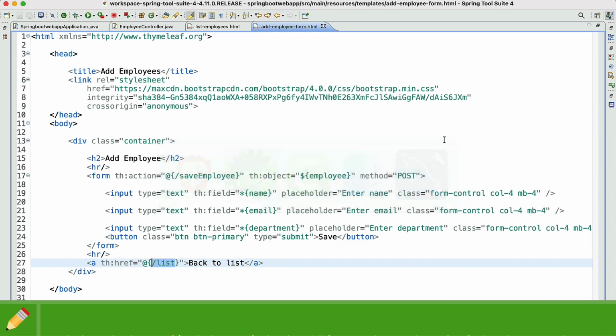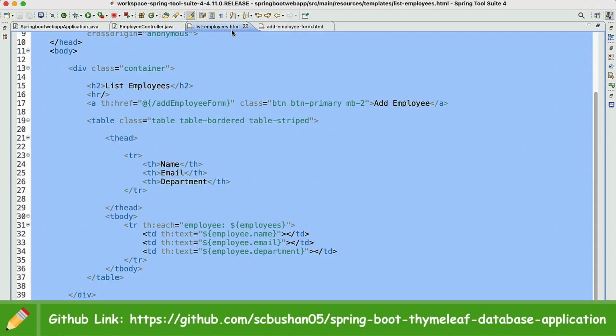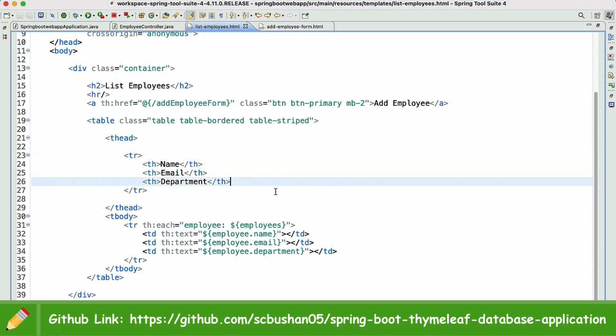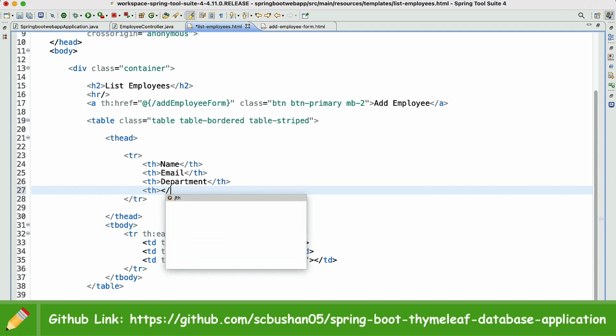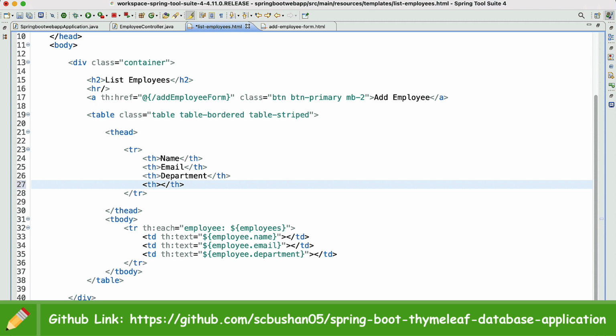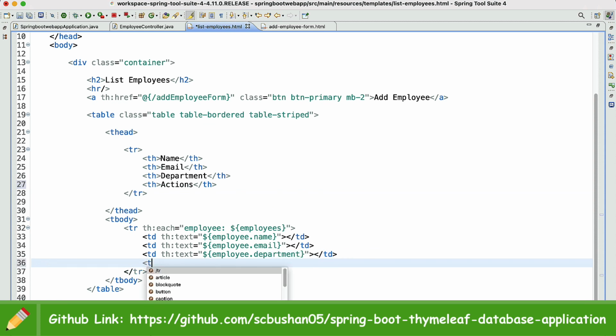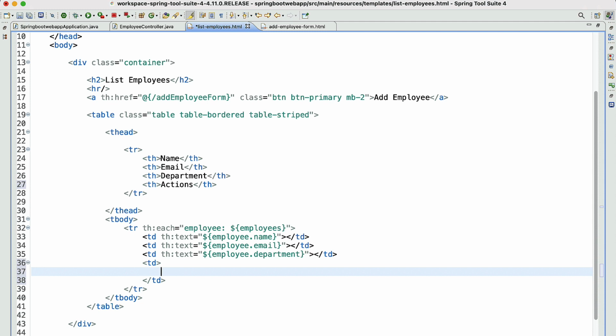Let's navigate to the STS IDE, and inside the list employees, we are going to add one more column, which is actions. Inside this, we're going to create an anchor element, anchor tag.